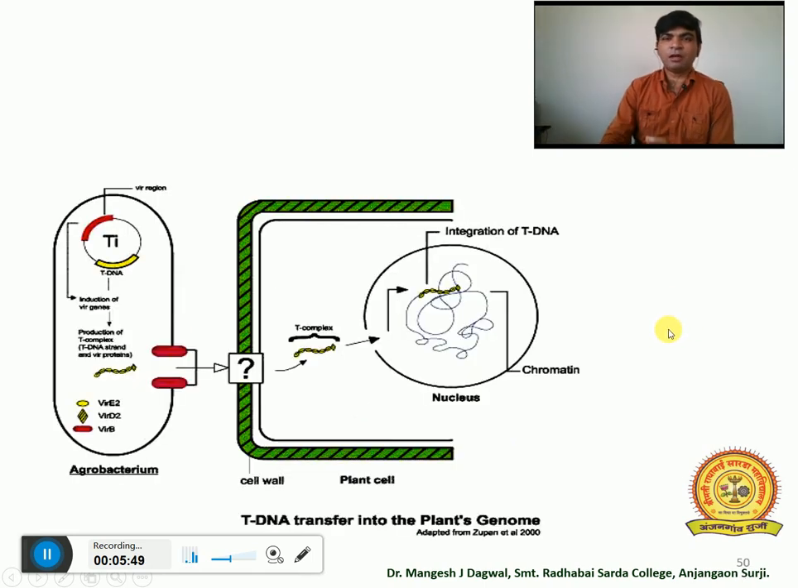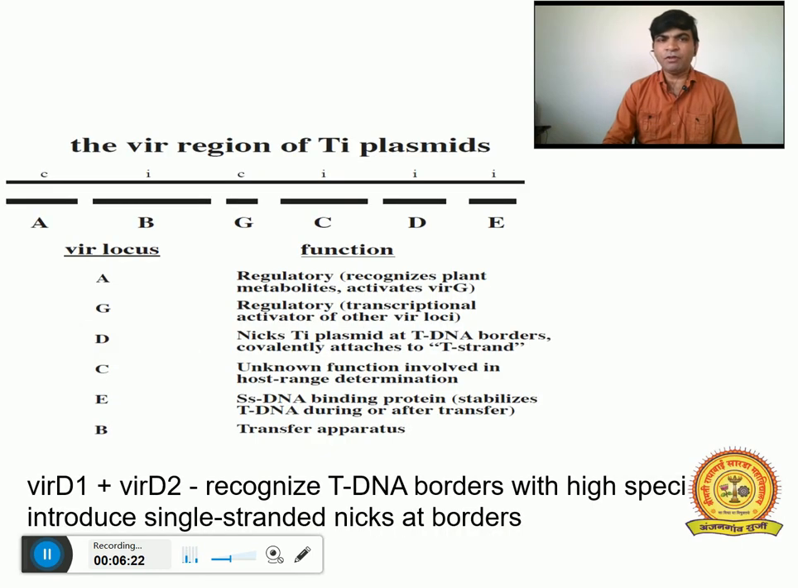Now here we see the involvement of this Ti plasmid or the Agrobacterium in the plant cell, and the mechanism for the transfer of the gene which is introduced into the Agrobacterium, especially in the tDNA region, and then transferred into the plant cell. Before understanding this mechanism, first of all we must know the role of the VIR region. This VIR region of the Ti plasmid consists of the A, B, G, C, D and E